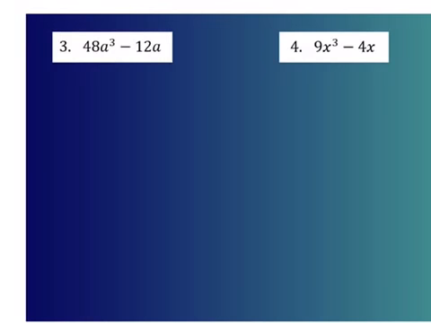So example number 3 here, let's go ahead and go through our steps. First step we look for always is a GCF. Is there a GCF I can take out? In this situation, there is. 12 goes into both of them, and an a is in both of them. So I'm going to divide each thing by 12a, which means I'm going to be left with 12a times 4a